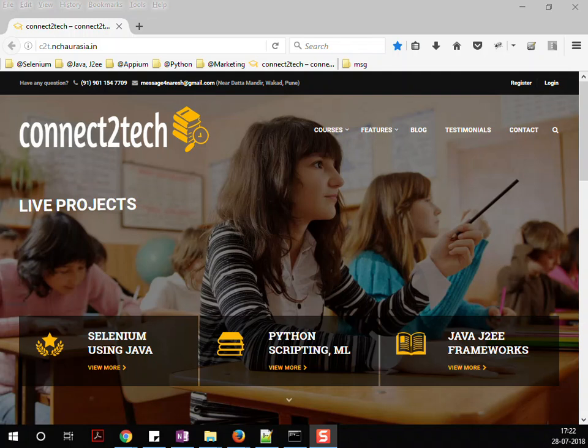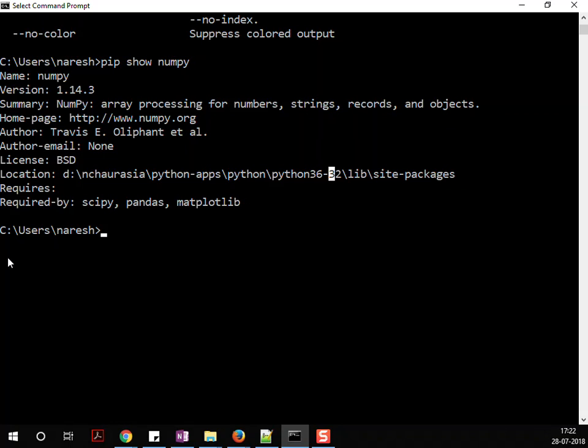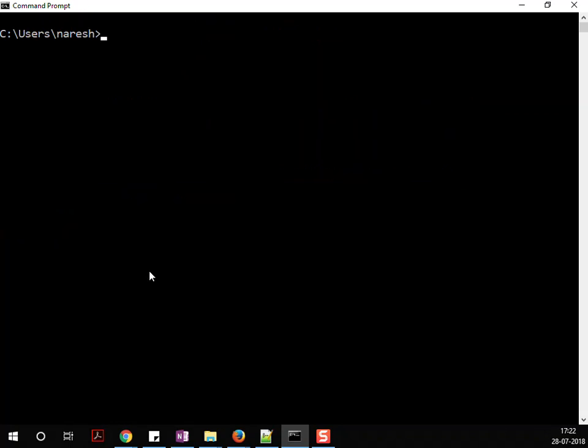Okay, so today we shall get started with NumPy. Now, before we start with NumPy, we have to verify whether NumPy is installed in our machines. It's a module which, if it is not installed, we need to install to make use of it. So what I'm going to do is go to command prompt and